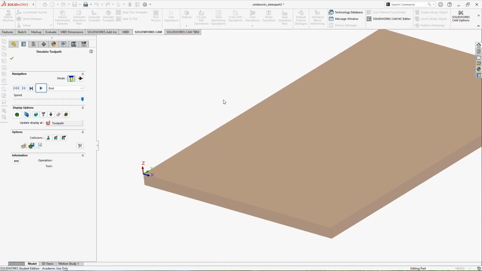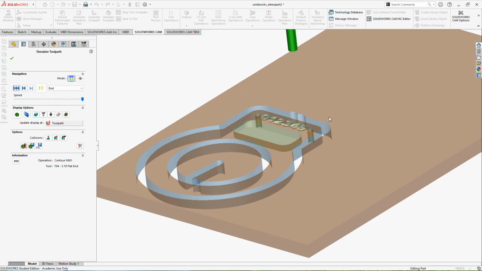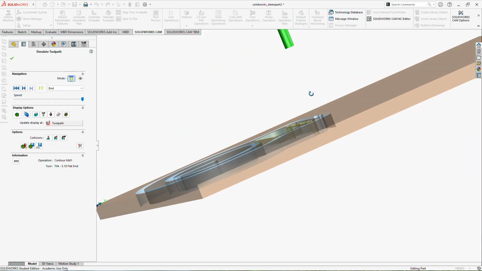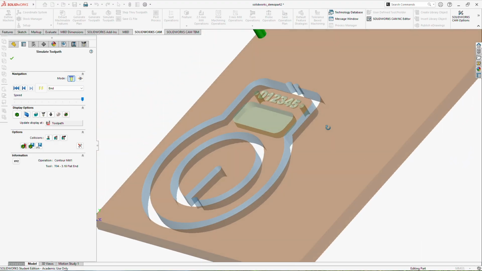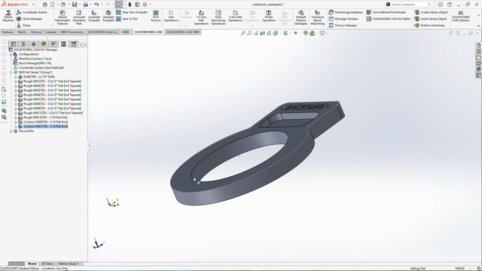And let's see if this looks any better from what it was when we first started this process. Yeah, that looks pretty good. So that looks like what I want my part to look like, which is great. So that's much better. So that's one approach to preparing a part in SolidWorks CAM